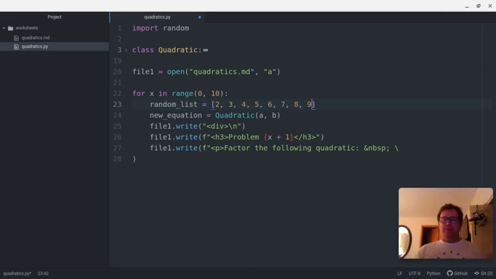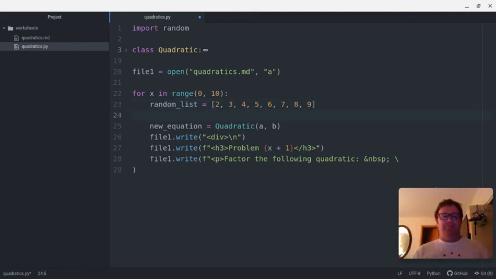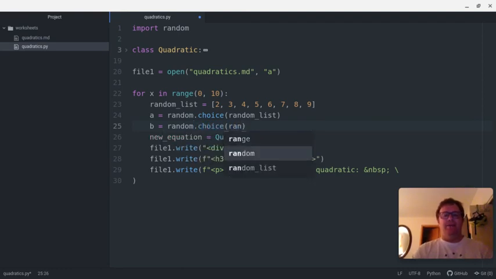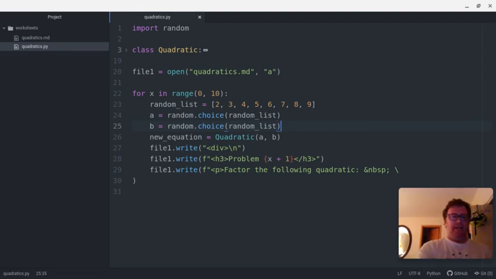Now, these are only a small amount of numbers. If you wanted a larger amount of numbers and a larger list, you could do a for loop and append into the list as one way to do it. There's a bunch of ways you could probably do this. And now what I'm going to do is say A equals random.choice, and then pass in the random_list. And then B equals random.choice, and pass in, again, the random_list. Okay, so now I've got A and B, and I'm passing those into a new equation. Now I can go back to here and continue